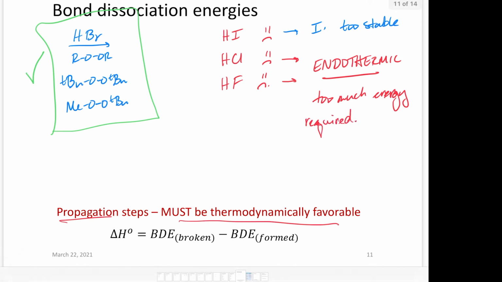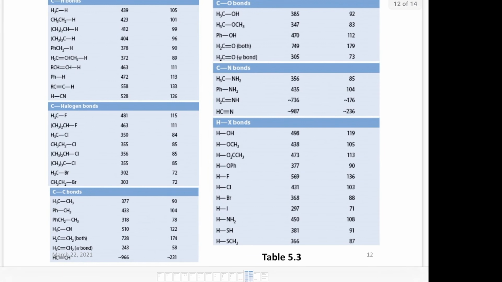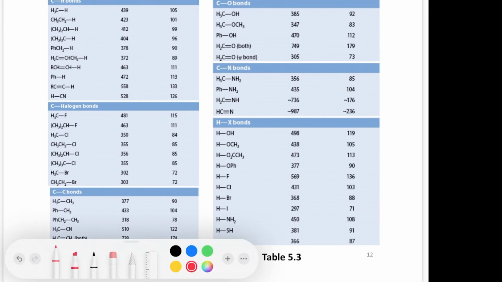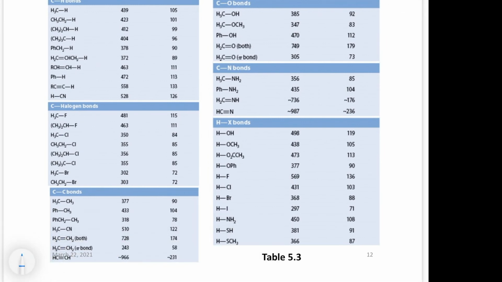And we can look at this in detail as far as the thermodynamics and actually calculate out this change in enthalpy in order to determine if this reaction can go. But let's just do a brief comparison. Now, in Gen Chem, you would likely have to calculate all of this out, but this is organic chemistry. I would like for you to understand this on a thermodynamic level, but I won't be asking you to calculate these out. I'm going to focus here on this HX bonds section here,